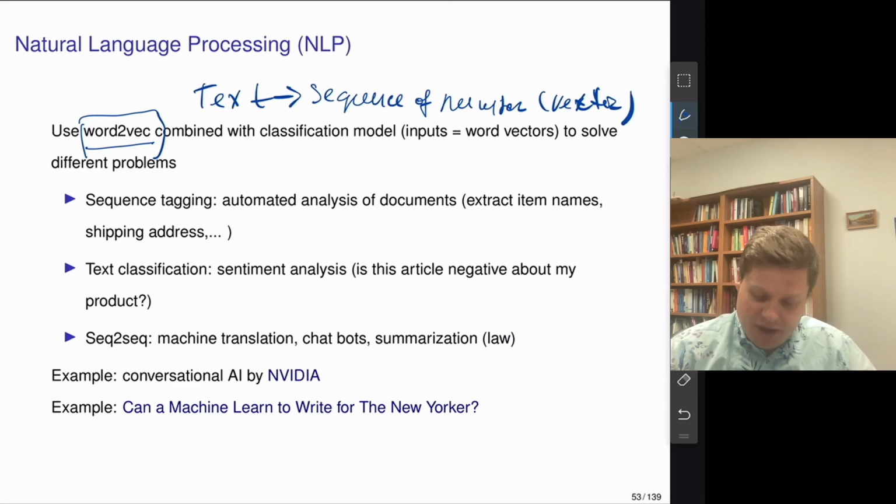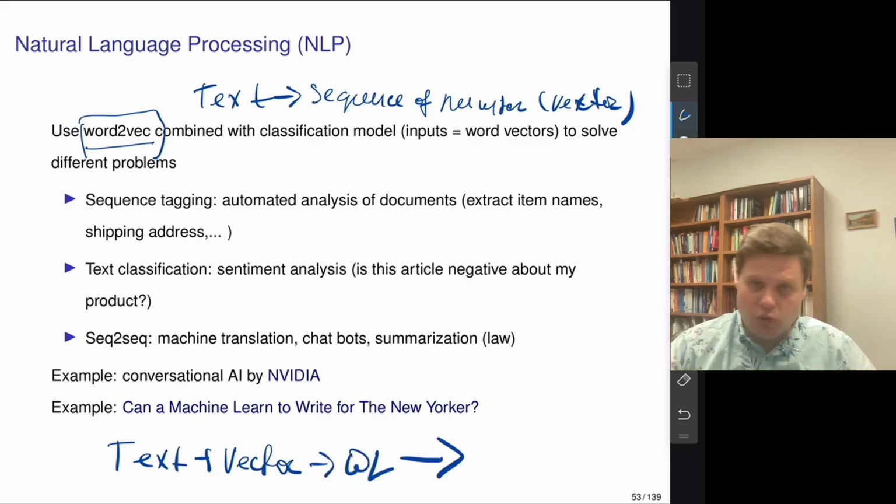And then you can use this vector, so you go from text to vector, and then you do a deep learning model, and then whatever you want to do, for example, sentiment analysis, you want to predict positive or negative, you're going to use logistic regression at the very end. All right, but let's